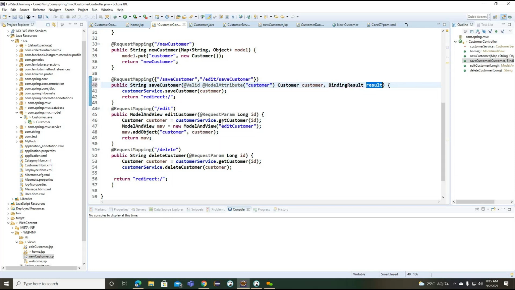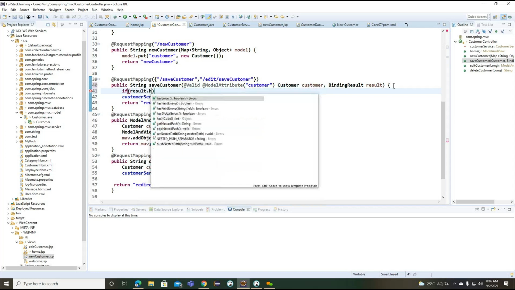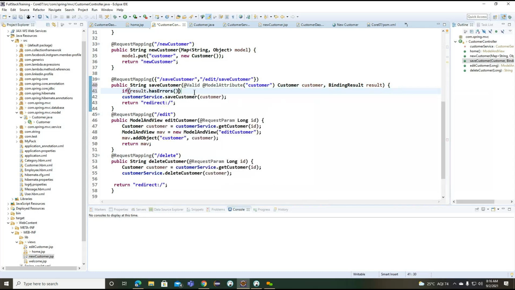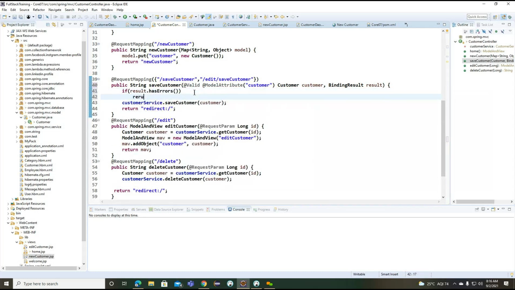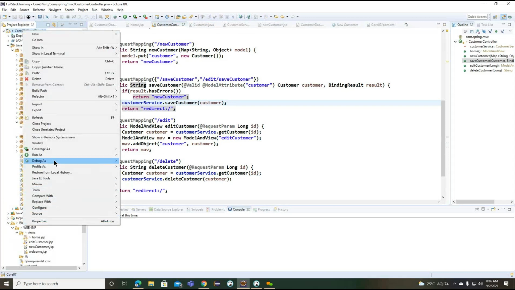We need to check here result dot has errors here. Return new customer. Otherwise, it will move on to the previous section code.